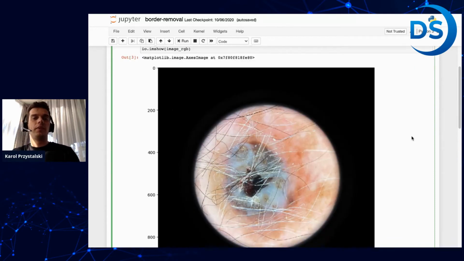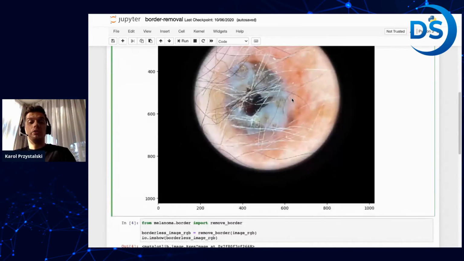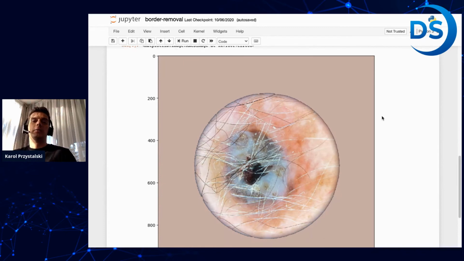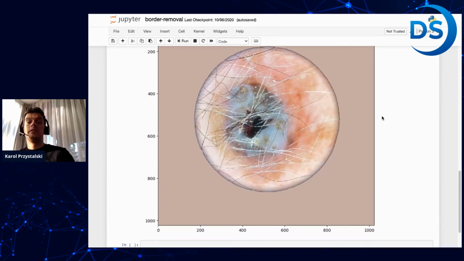The moles are very similar when it comes to the first layer. The first issue that you will face when it comes to pre-processing the images is the border. There are different kinds of images. One is where you have dark parts around the mole. What you need to do is just cut it and make the rest of the image a kind of skin color, to skip this in the analysis in the next stage.